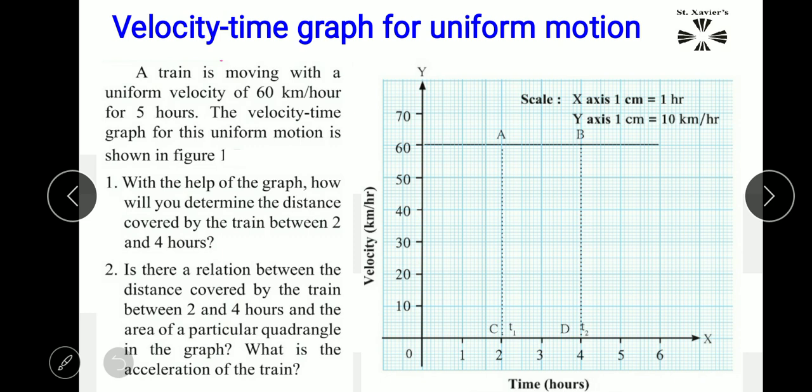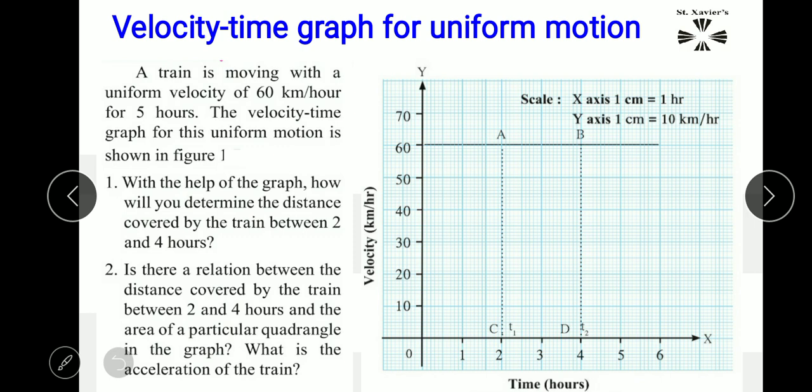Velocity-time graph for uniform motion, students. A train is moving with a uniform velocity of 60 km per hour for 5 hours. The velocity-time graph for this uniform motion is shown in the figure. Now with the help of the graph, how will you determine the distance covered by the train between 2 and 4 hours? Students, if we have to calculate the distance between 2 and 4 hours,